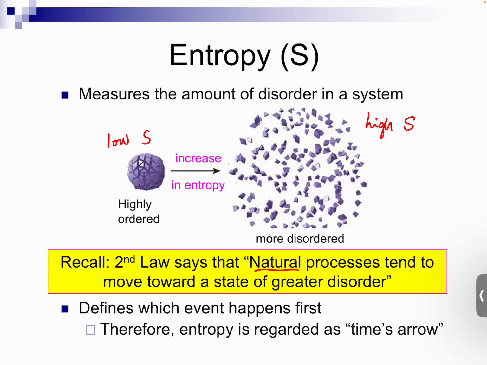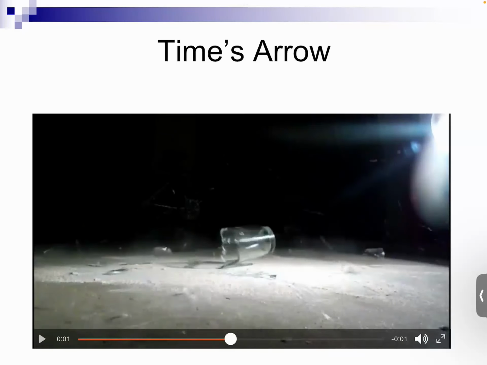And this happens everywhere, and it happens everywhere without us knowing that it eventually builds up this intuition of entropy, and entropy being the time's arrow, meaning entropy points to which event happens first and which event happens second. So for example, if I show you this video clip,